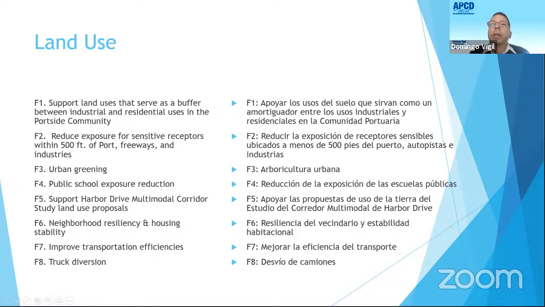Actions under the land use category provide for reduced exposure through improved community planning, transportation planning, development of additional community green space, indoor air filtration, enforcement of truck regulations, as well as further study of the health inequities in the communities. Some of these actions call for the development and adoption of community plan documents, which provide commercial land uses and zoning that serve as a buffer between sensitive receptors and sources of toxic air contaminants, as well as additional green space in the communities.